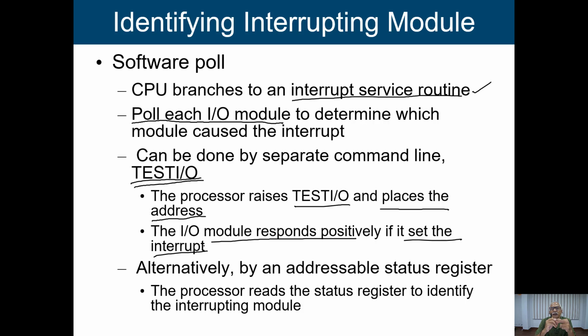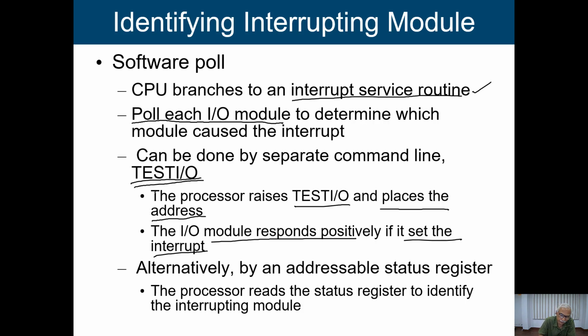After some time, the processor will place the address of the second module. If the second module also does not raise the interrupt, the processor will place the address of the third module. Say the third module has raised the interrupt. Then it will respond to the processor saying that yes, I did it. Accordingly, the processor is going to execute the appropriate service routine by giving the acknowledgement to this particular IO module. This is one way we can identify the module by which the interrupt has been generated.